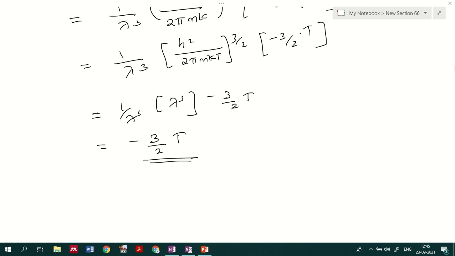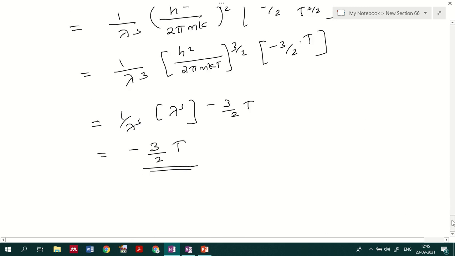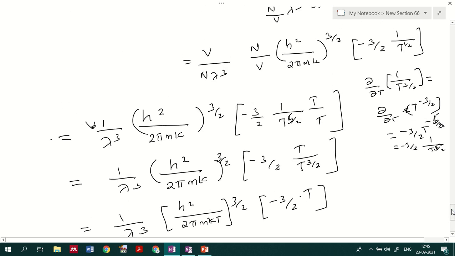So there is a small correction here, because when I have done this representation, I think this will be dou by t raised to, this will be I think 5 by 2, right? Not 1 by 2. So 5 by 2, this will be in the denominator, it will come t raised to 5 by 2. So I'll change it here. So it is t raised to 5 by 2 into t will come. So that you will be having the notation t by t raised to 5 by 2. That is a correction you note down here.